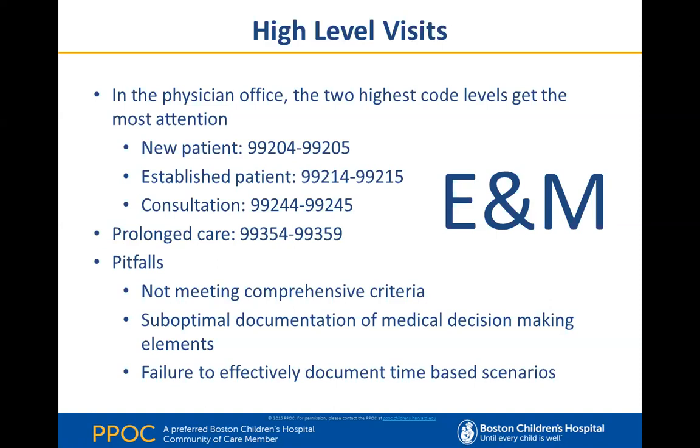Pitfalls: not meeting the comprehensive criteria. I've already mentioned that with the review of systems. For a level 4 new patient, 5 new patient, and also 4 and 5 consult, as I'd mentioned with my physician friend who got audited, you need 10 review of systems in your ROS and an 8 system physical examination. If you have 7 systems in your exam, they're not going to take a look at it and say, well, you know what, this is a complex patient, so we're going to let it go. They're looking for the low-hanging fruit. And if you just didn't document a comprehensive service per guidelines, it's an easy mark.